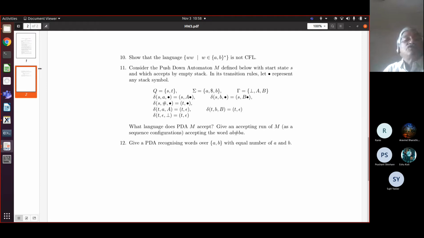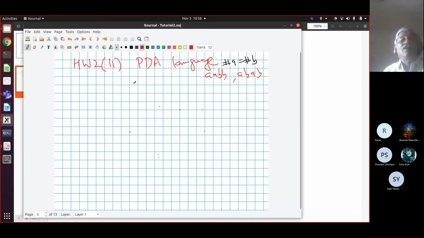Okay. So let's go back to 12, where we want all words W with the number of A's equal to the number of B's in word W. All such W's, we want to collect. So what is the idea? How can we use the stack, intuitively? What is the scheme? So what we can do is, as we get an A, we can push it on the stack, right? Is that correct?